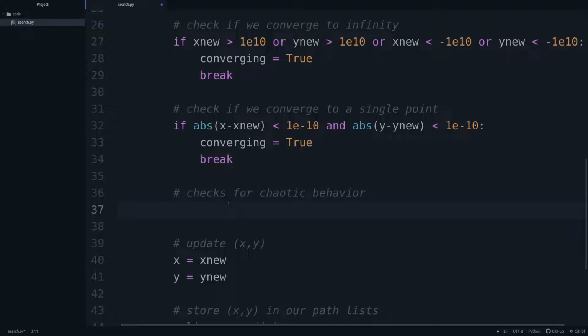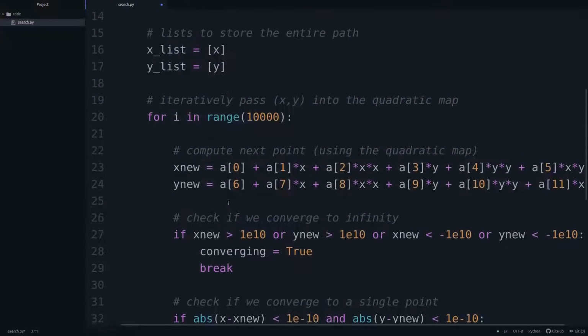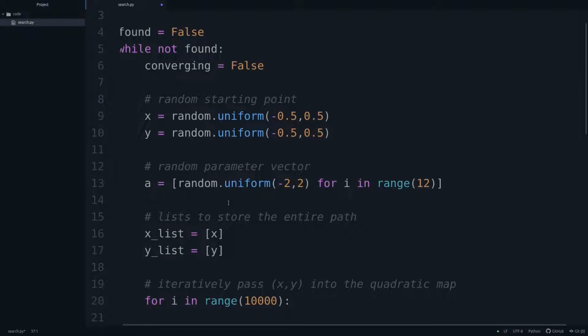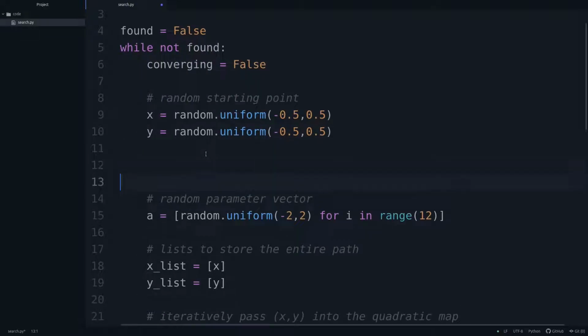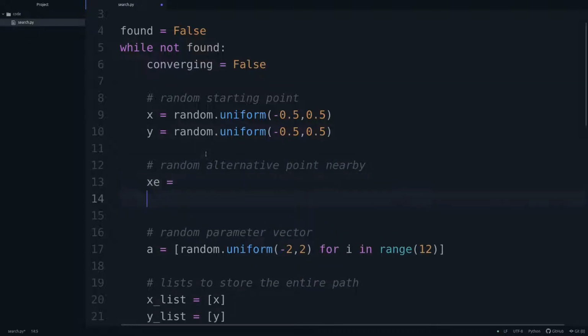So what we'll do here is we'll go back to the very hallmark of chaotic behavior, and that is sensitivity to initial conditions. Now, if you remember from the first video, I had this little animation of 2 points which were nearby at the beginning, and then they entered on these different paths which diverged rather quickly. So let's go back here where we simulate our random starting point, and let's add another point in the vicinity of that starting point. So we'll say we have a random alternative point that is nearby, and we're going to call that xe and ye, and we'll just say that this is equal to x and y plus